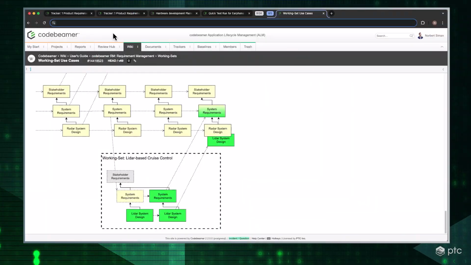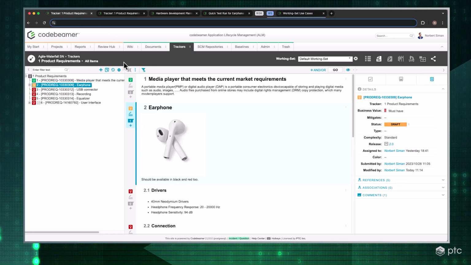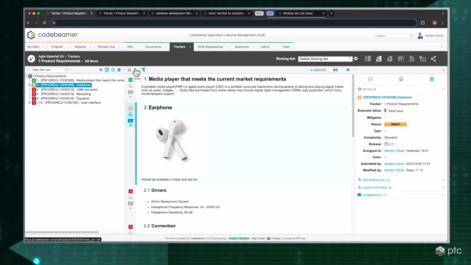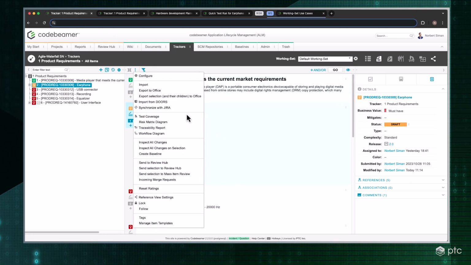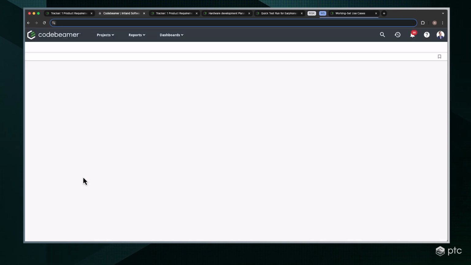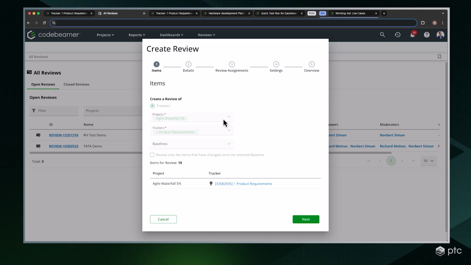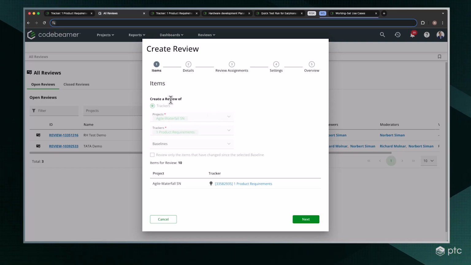Circling back to product requirements, let's create a review for the refreshed Review Hub. Here, send to Review Hub, log in with single sign-on, and there we go. Clicking through the wizard, we can define, first of all, what we are going to